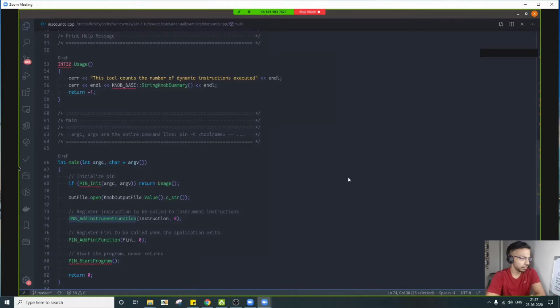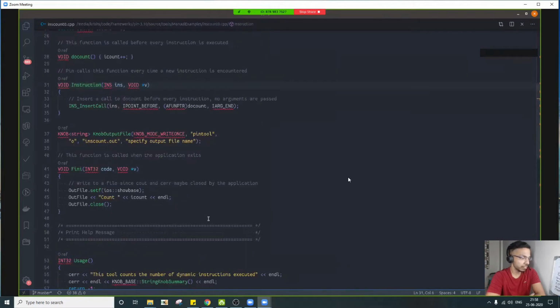Here I'm telling pin to allow me to instrument each and every instruction that is going to be executed. The parameter it takes is a callback function, which pin will call every time it is going to execute a new instruction.